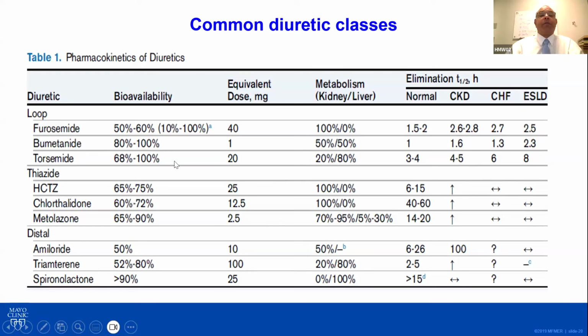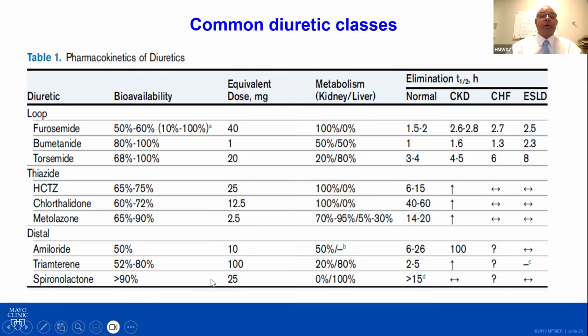Furosemide is my favorite because it's 100% bioavailable, mostly metabolized in the liver. It's very long-acting. So I like it because 20 milligram or 40 milligram of furosemide lasts almost 12 hours, causing natriuresis, which is a great thing to have in people who cannot control their salt intake. Thiazide diuretics pretty much have the same bioavailability, around 70%. These are the equivalent doses, mostly metabolized in the kidney. Half-life is longer with chlorthalidone. Metolazone has some hepatic metabolism, and half-life is intermediate between